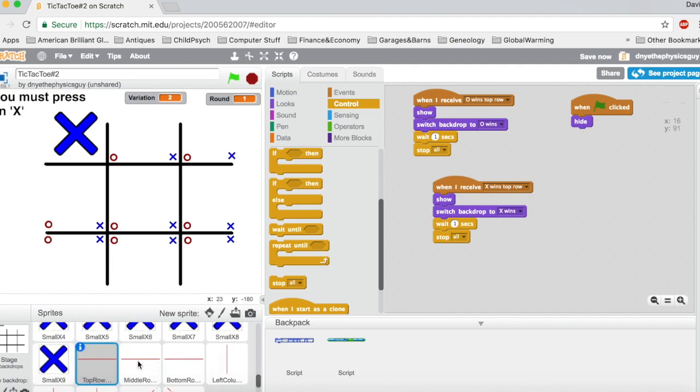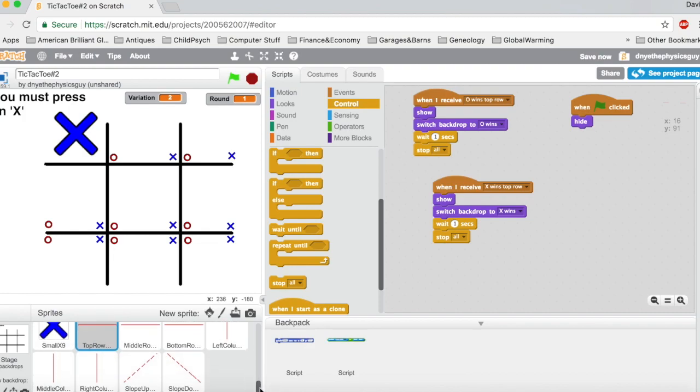For each one of these lines, and there will be 8 lines, and they're all sprites: top row, middle row, bottom row, left column, middle column, right column, slope up, and slope down. And don't forget, for each one of these, there are 2 possibilities. Either O wins, with O's in the right column, or X wins, in which case you'll have to adjust these,